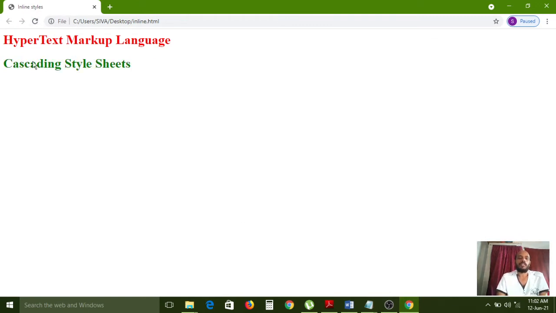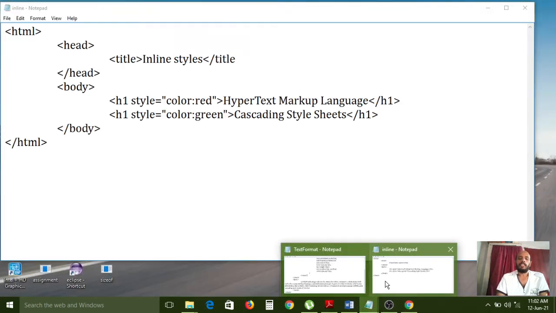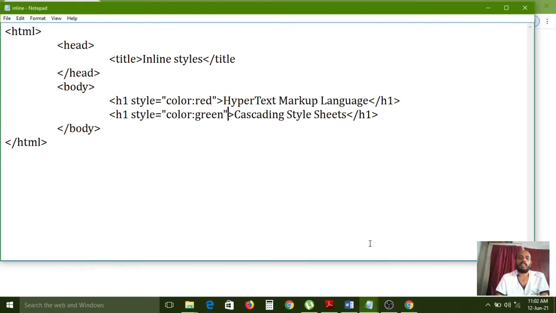So the first heading contains red color and the second heading contains green color, because I have used inline styles: a style attribute for red color for the first h1, and green color for the second h1. Understood? Each color is applied independently to each h1 element.